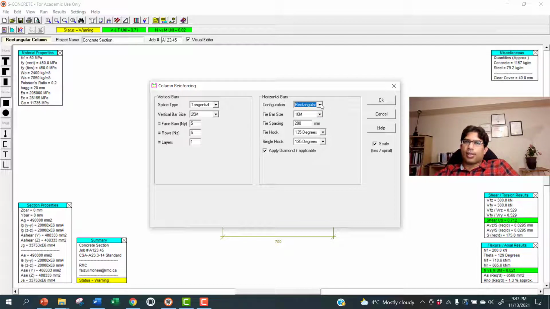Since it is a rectangular column, we need to select rectangular, and it will be a tied column. The tie bar size is 10 mm. We can select a different size, but we're just trying to increase the size to see what happens. We put tie spacing 300 millimeter,